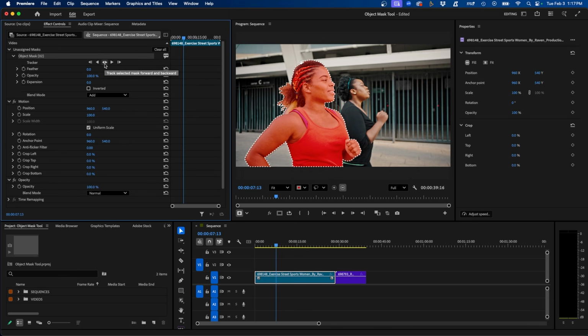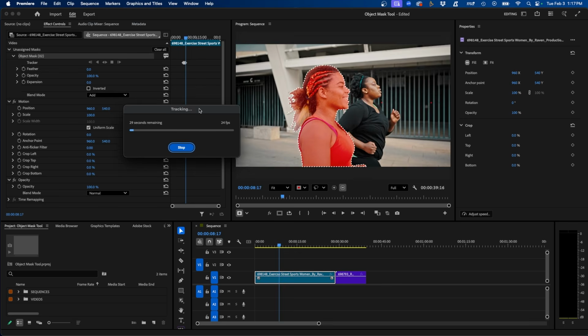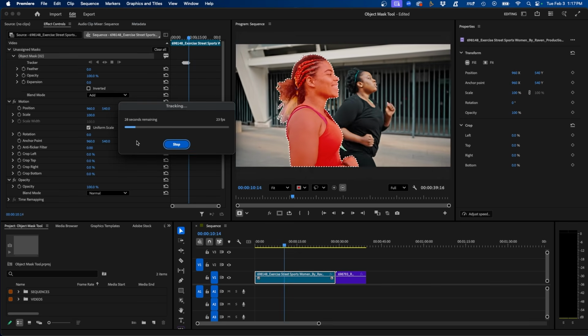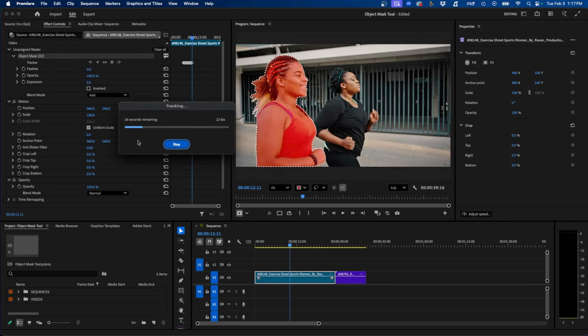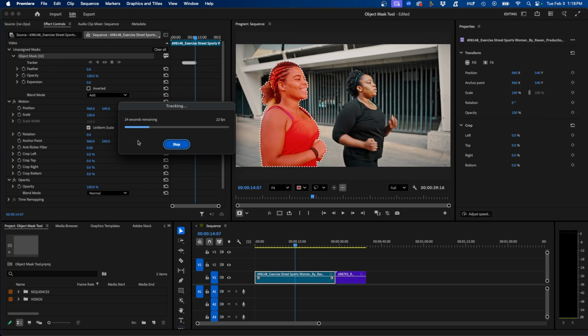I suggest using the center button because this tool allows you to track forward and then it will backtrack and track backwards as well. Or if you do just forwards, it'll just go forwards, or backwards, we'll just go backwards. So I'm going to click on this button here. As you can see, we have the tracking controls. I'll just leave this up full time here in full speed so that you can see how fast the tool